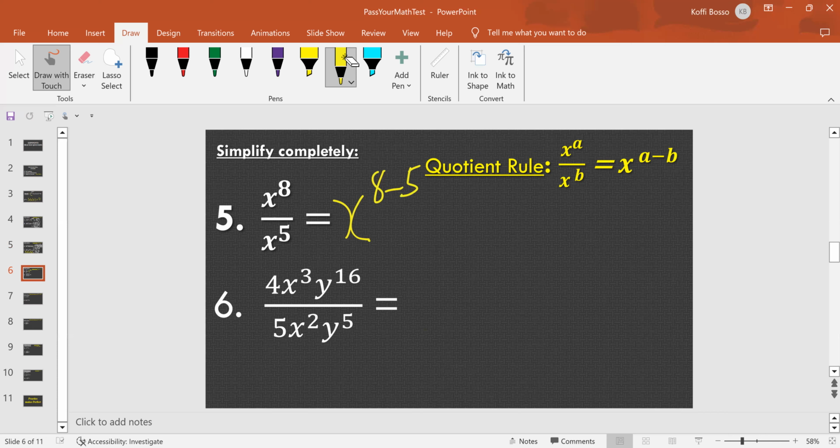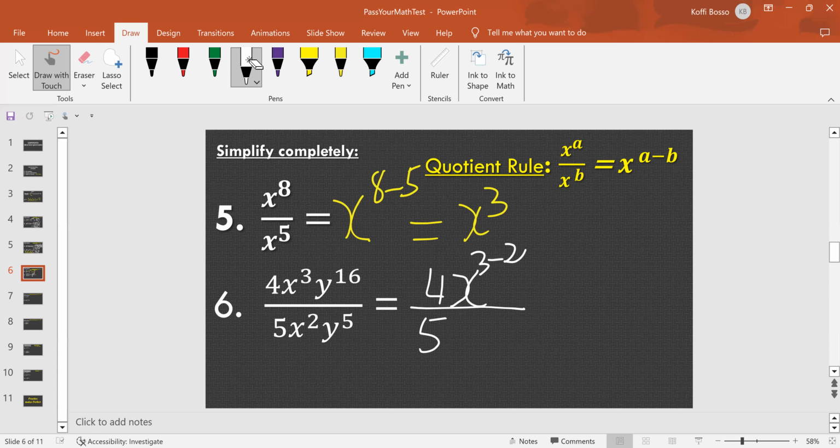But the thing is this, we have numbers, okay? So we'll keep these numbers, so the 4 and the 5, okay? Now for the x part, because we have x cubed and x squared, we will do x to the 3 minus 2. And the y part, we'll take the y to the 16 minus 5. So therefore, you'll see that the answer will be,